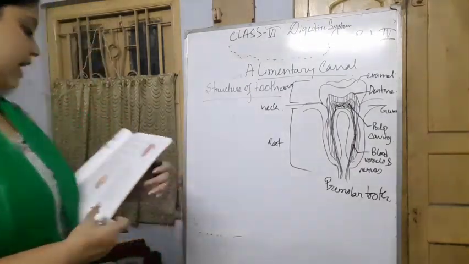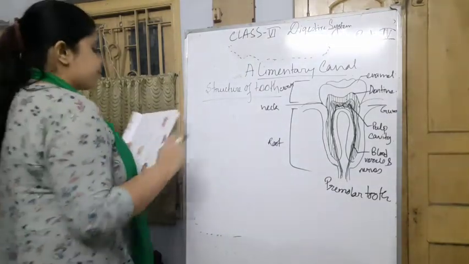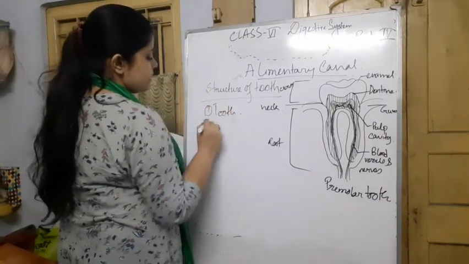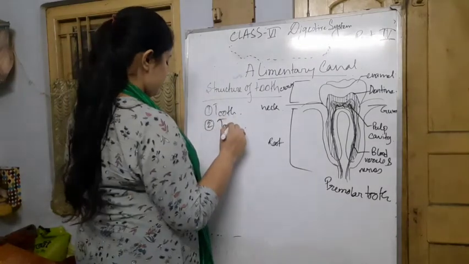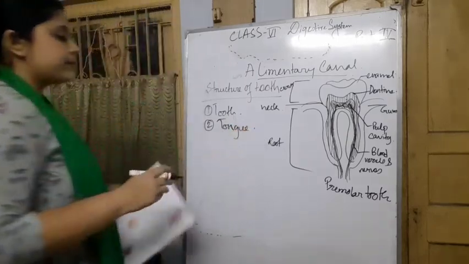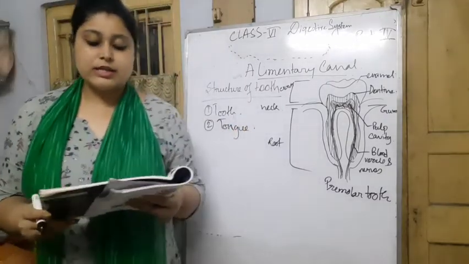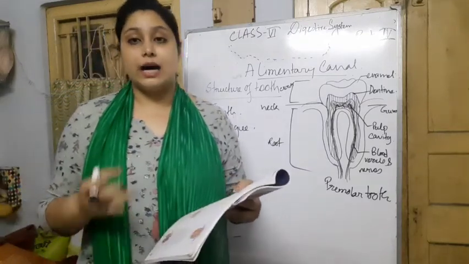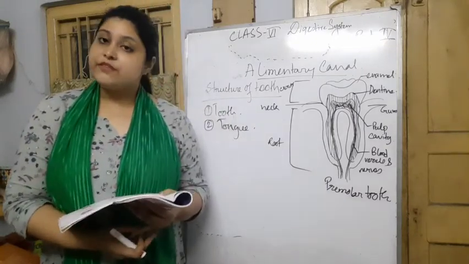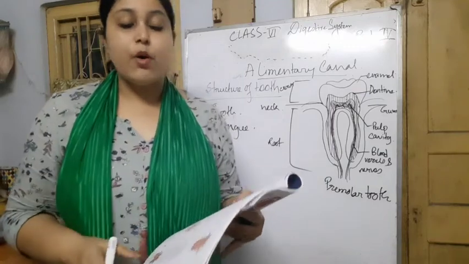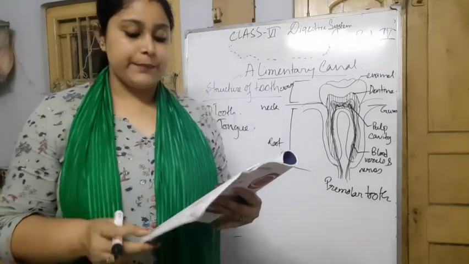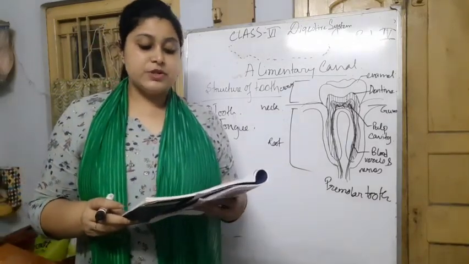Okay, so next I am going to the tongue. The next part in the buccal cavity, the first was tooth, is the tongue. The mouth cavity also contains a thick muscular organ called the tongue. It is a muscular organ. The tongue is covered with a mucous membrane, which keeps it moist all the time. It has taste buds and helps to distinguish taste.